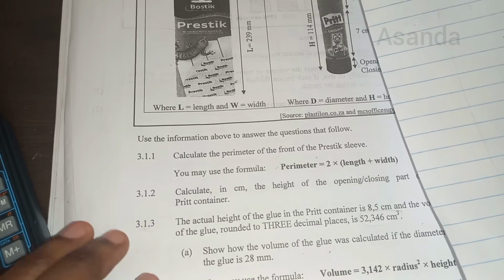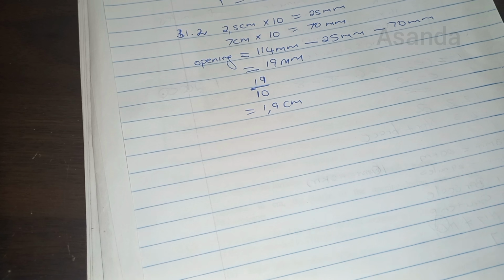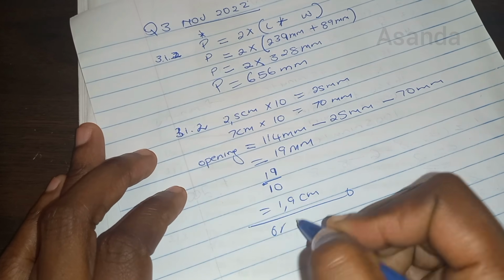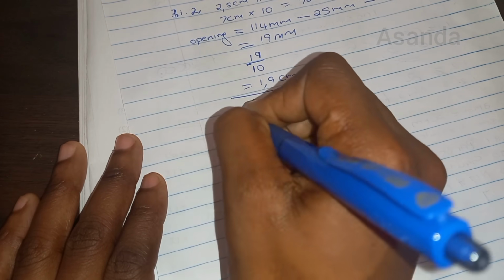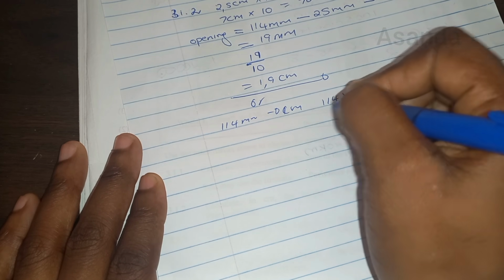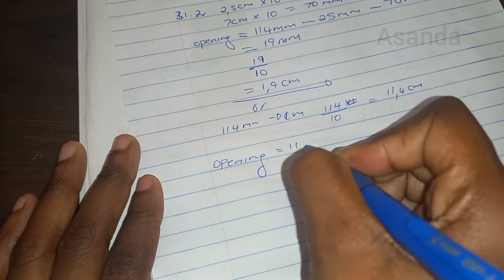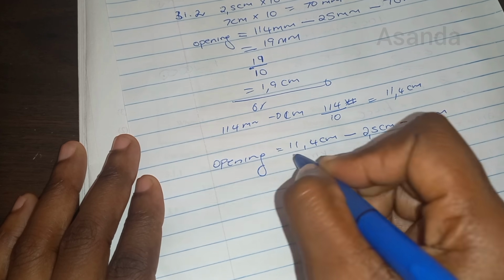Okay, so I'm now going to answer it the other way, where, since they want centimeters, I'm first going to leave everything in centimeters. The ones that I'm minusing are already in centimeters, so I just have to change 114. I am never going to give two answers, use one answer, but I'm just making an example here. So I'm going to say 114 millimeters. I'm going to change that to centimeters by dividing by 10, which will give me 11.4 centimeters. Now I can calculate the opening by saying 11.4 centimeters minus 2,5 centimeters minus 7 centimeters, and that gives me